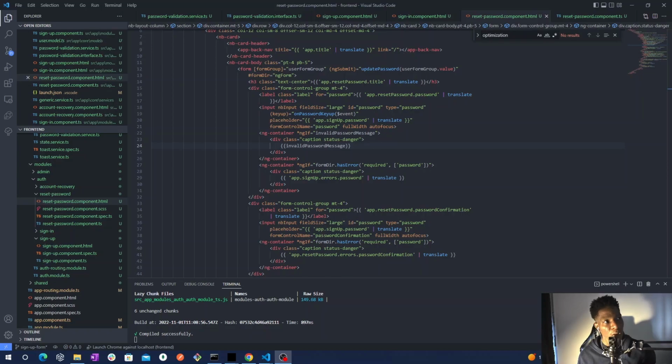And now after we do that, I think we will just finish our authentication module. So I know this is long, but this is a serious project. I need to take everything into account. Sorry, but actually, I think I just forgot about something else. Or actually, we need to